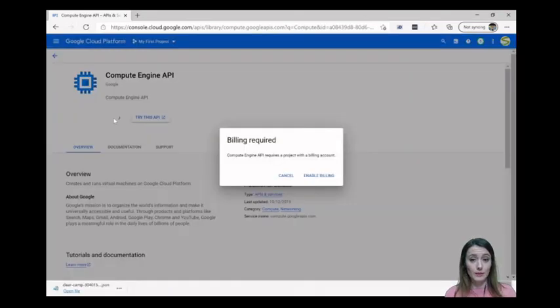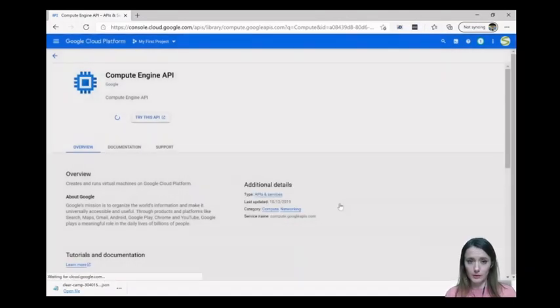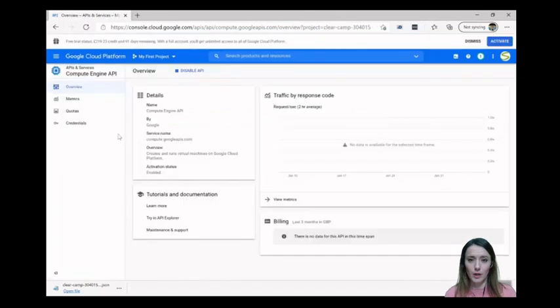Make sure that you assign a billing account, otherwise that will not work. So, the billing. So we will assign the one that we have already created by default. We created the account. Now, because you have the option of disable, you can see that everything is enabled.